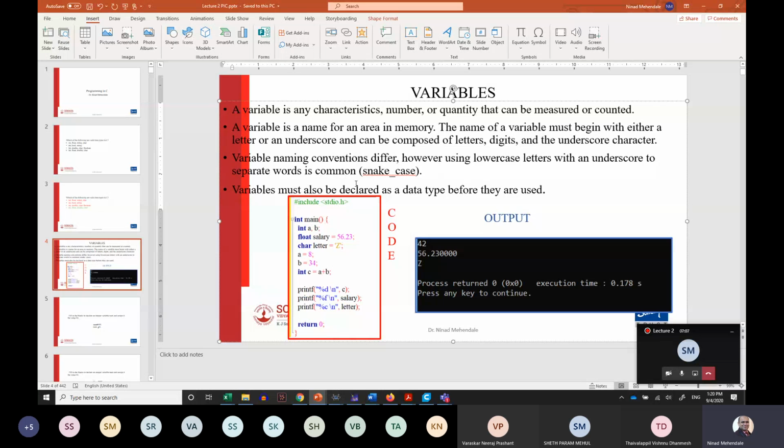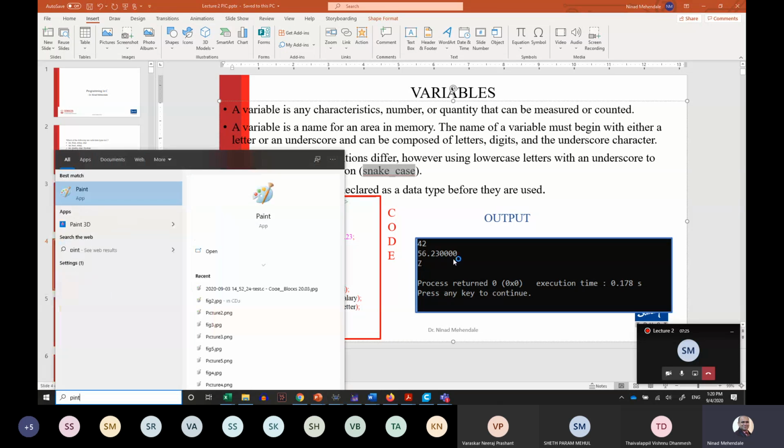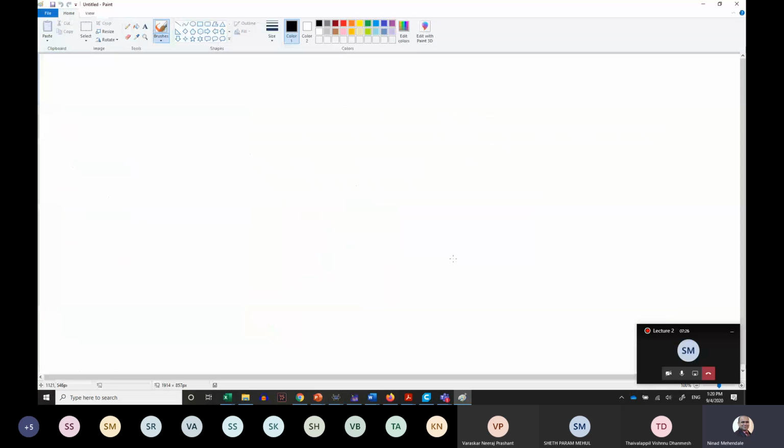Then let's say there are some rules. Yesterday, I forced you to write your program name as test.c. Some of you might not have done it. There is a reason why we name a particular program in a certain manner. So I will tell you the basic rule that applies for all programming languages. You should never start your program